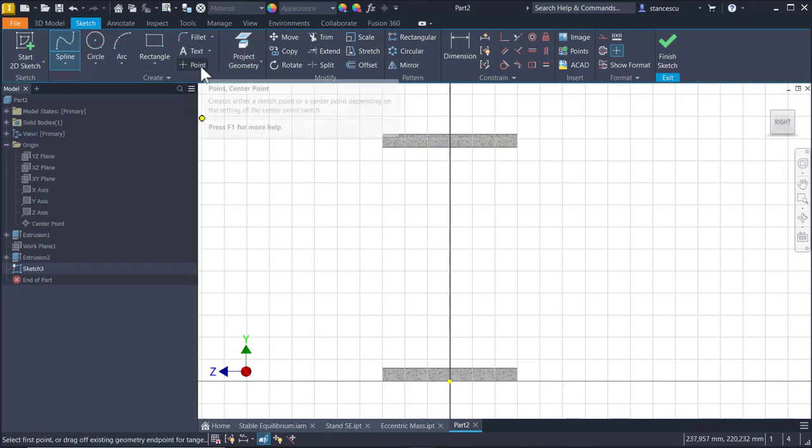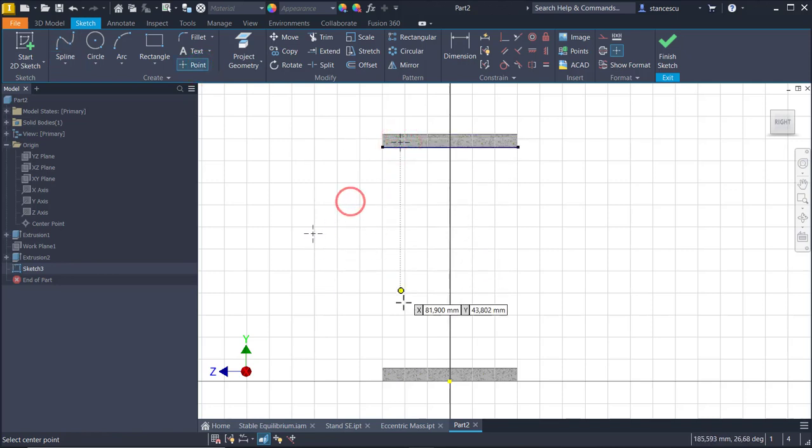I prefer to start with points. 1, 2, 3. These two are on the same vertical, which is horizontal. This one with this one. Now you see they are on the same vertical,